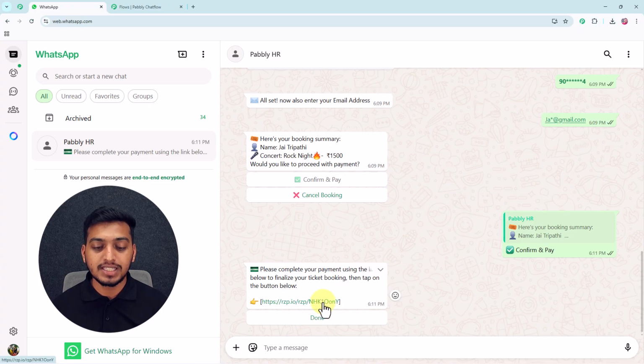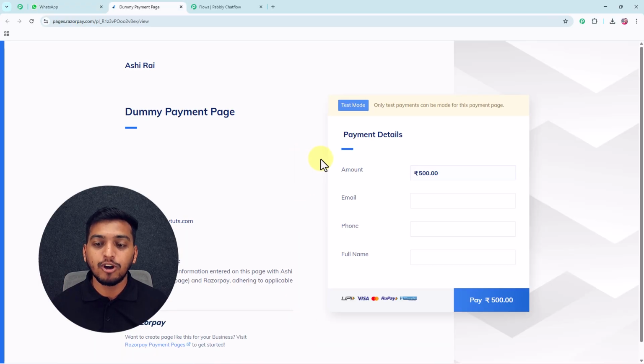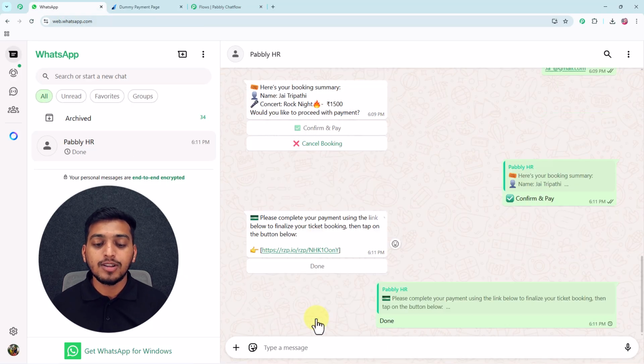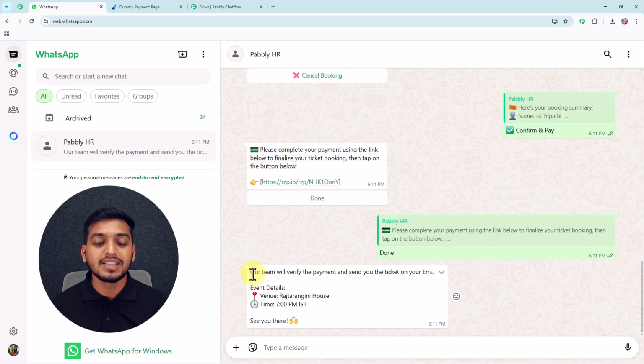So I will click on this link, and from here I will pay for my concert, and you can see this is a dummy payment page. And after paying for this particular concert, I have to go back to my WhatsApp, and then I have to click on this done button. After that, this bot will send me another message, and here you can see it has sent me this message: our team will verify the payment and send you the ticket on your email,